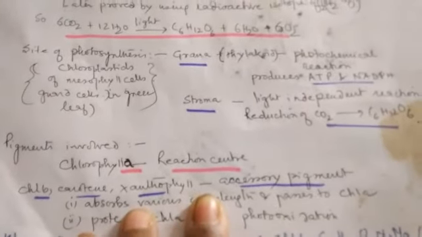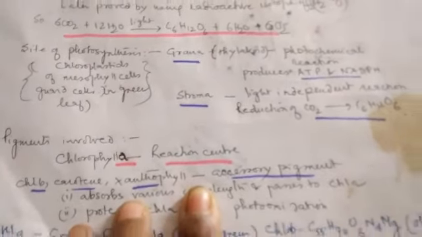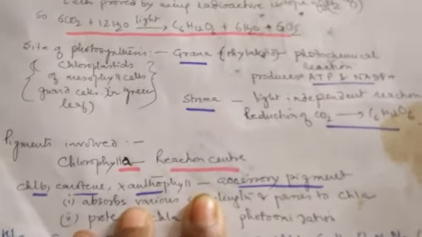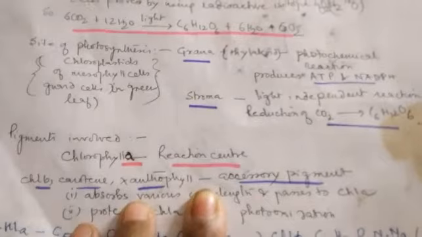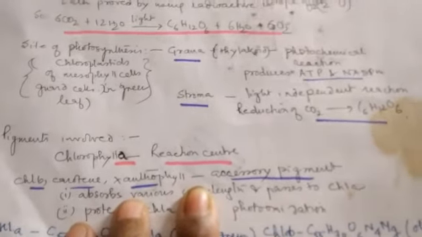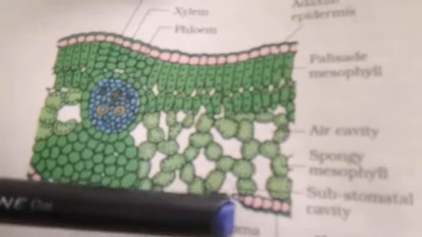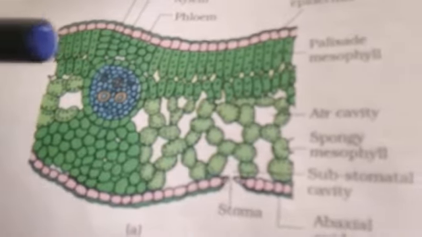If we consider the location, we know that green leaves are responsible for photosynthesis, as well as the young herbaceous stems which are green also. They are also a region where photosynthesis occurs. Now, if we go on to a dorsiventral leaf, this is the upper epidermis, this is the lower epidermis. These are cells without chlorophyll, except the guard cells of the stomata.